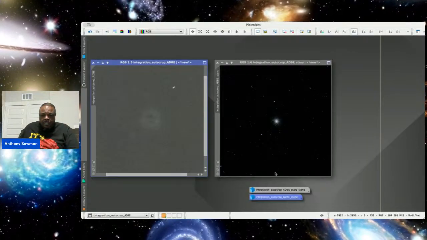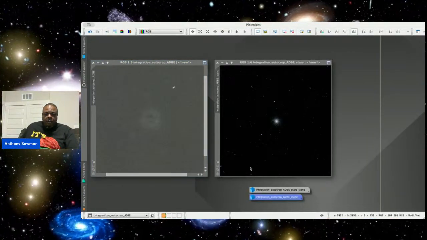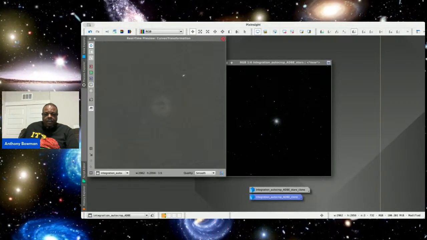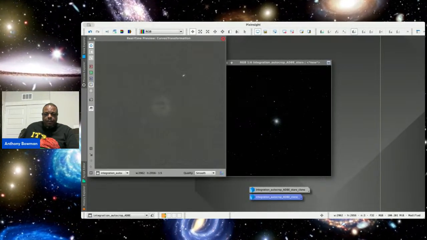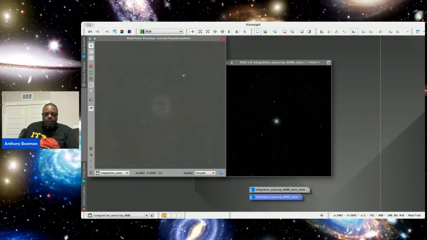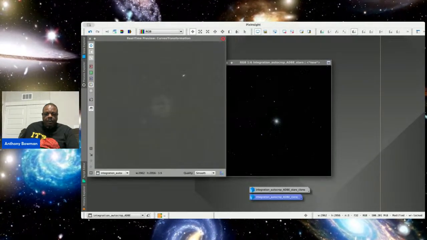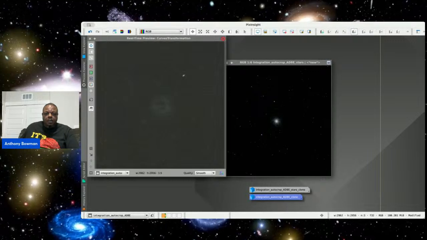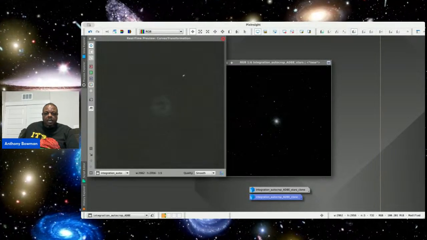Curves transformation. Then we can darken that up a little bit and try to get rid of that little halo there in the middle. Okay, see how that's darkening up?